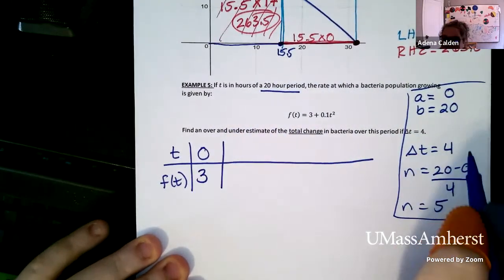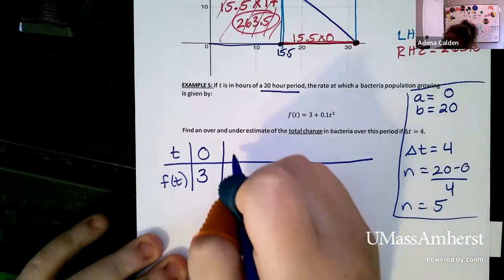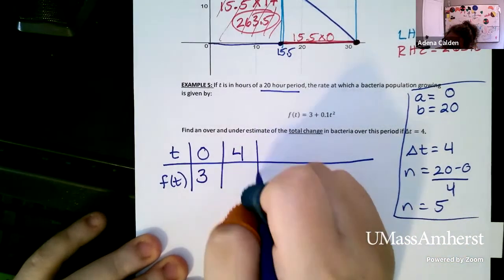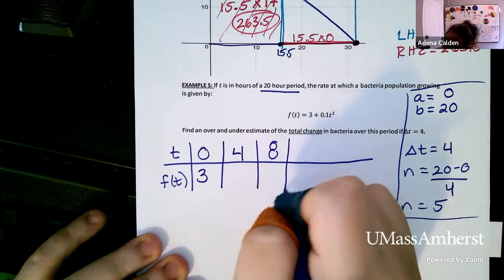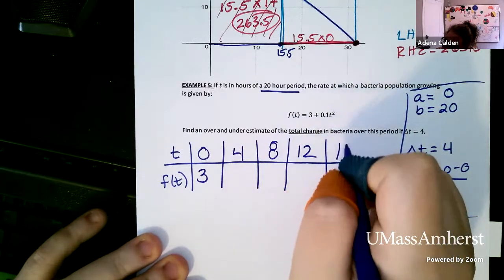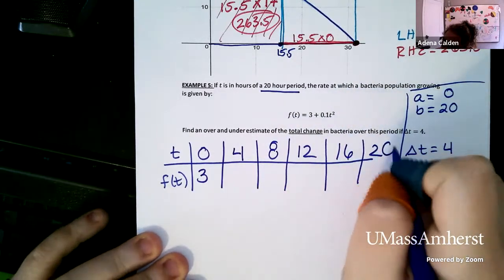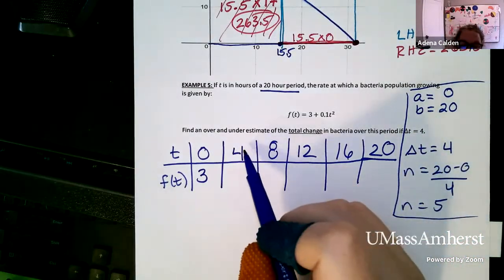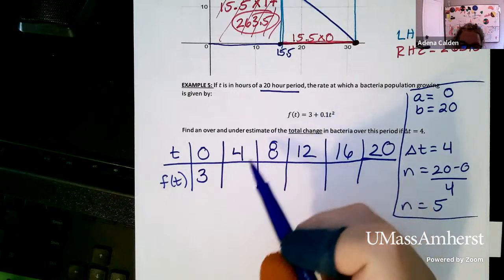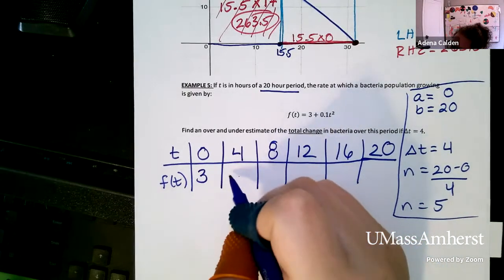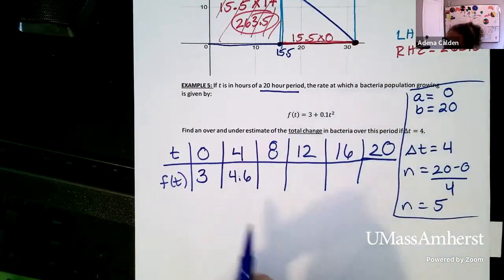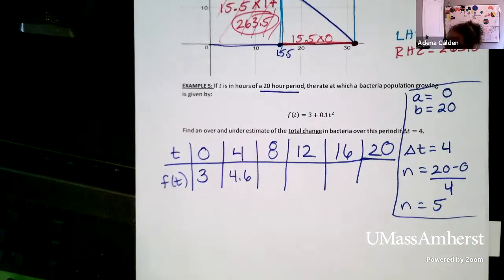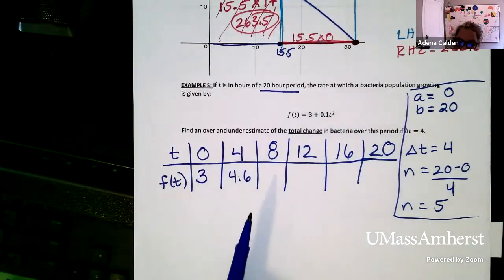Now, delta t equals 4. That means that we are counting by 4s. So 4, 8, 12, 16, and we go until 20, right? So b equals 20. So we are going to plug each one of these into the function. This will be 4.6. And once we have all the rates, then we're doing the left-hand estimate and the right-hand estimate,